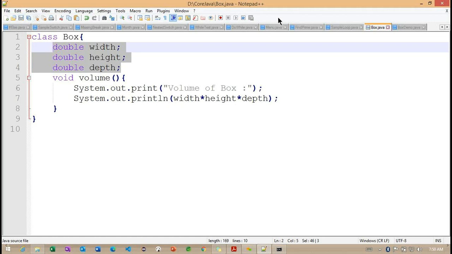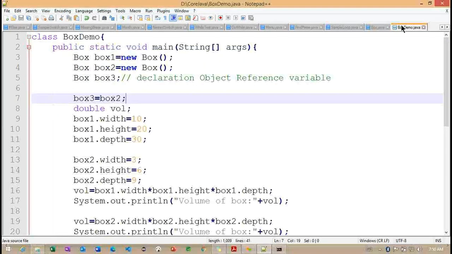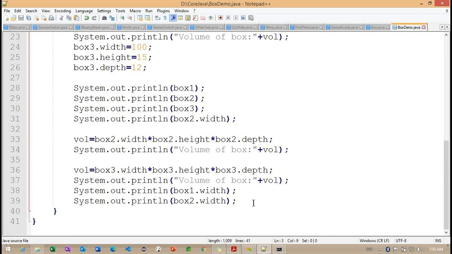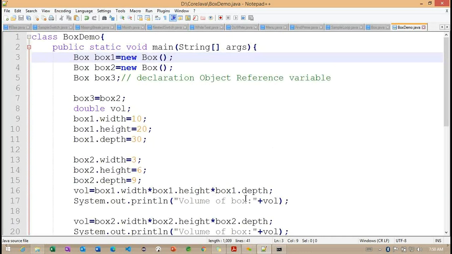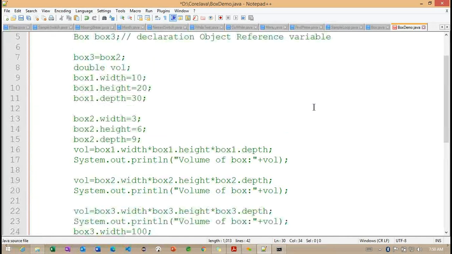Okay. Observe here, I'm saving this Box class, and with the help of this BoxDemo, I want to comment out all these sections. Right.